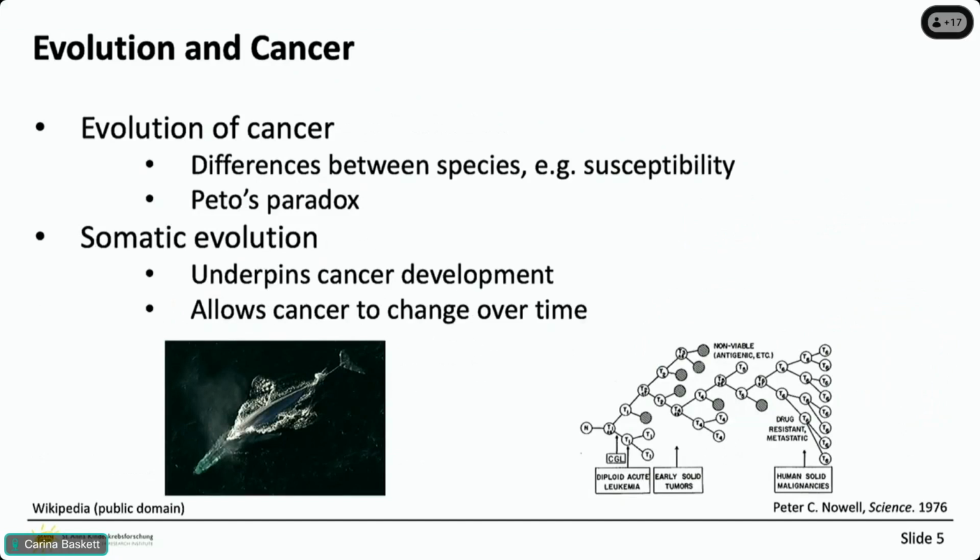So I also included this slide just as a clarifying point of when we think of evolution and when we think of cancer. I think you can split this into two different study groups, so to speak. One of them is the evolution of cancer. I suppose this is interested in, when did cancer arise? When did it become a problem for multicellular organisms? Why are different species more susceptible to cancer and others not?